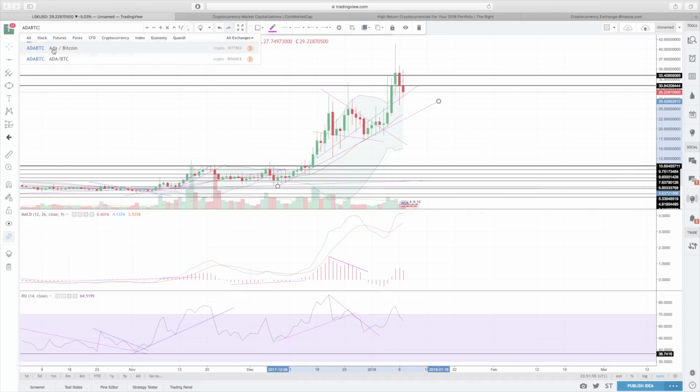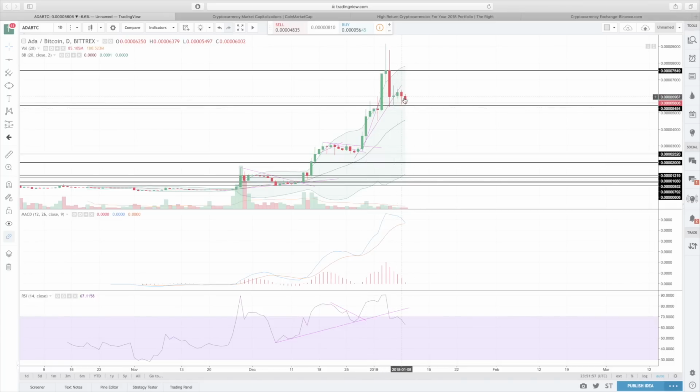Let's go over towards Cardano. And Cardano is moving a bit lower here. 5,454 Satoshi level, support level, pretty important support level actually. We've been testing that a couple times. It looks like we might lose it now, right? We have